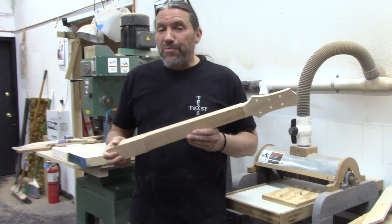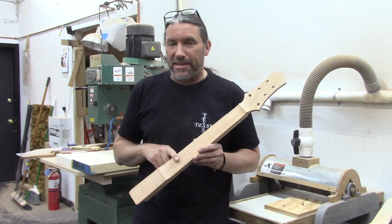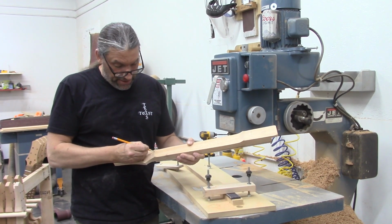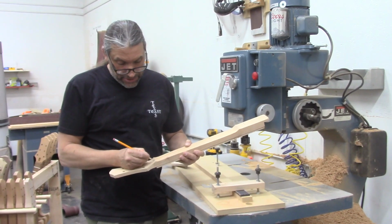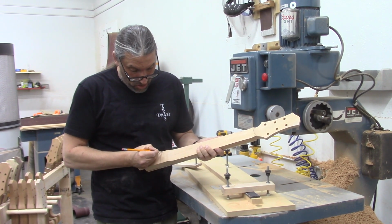All right, now for the part that everyone's been waiting for. We're going to rough shape this neck and then finish shaping it on the deadhead sander and by hand. All right, I'm going to put some marks here to give me an idea of what the neck could look like when it's all done, and to give me an idea of how far I need not go